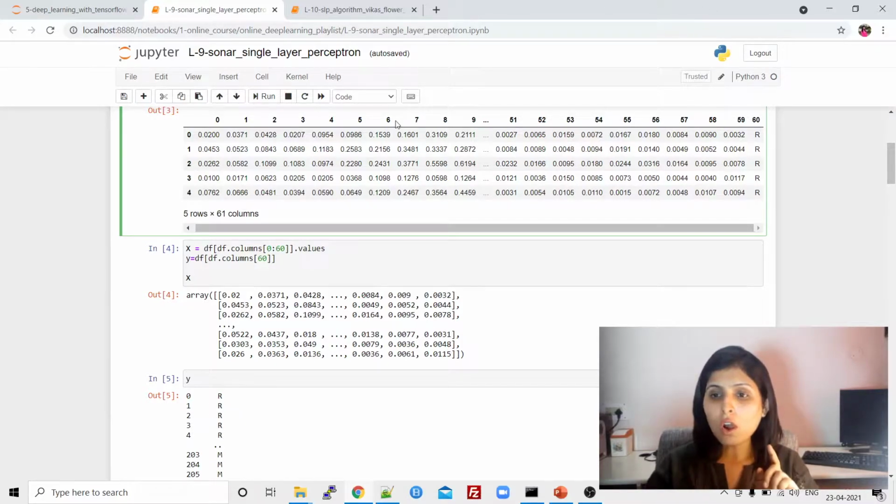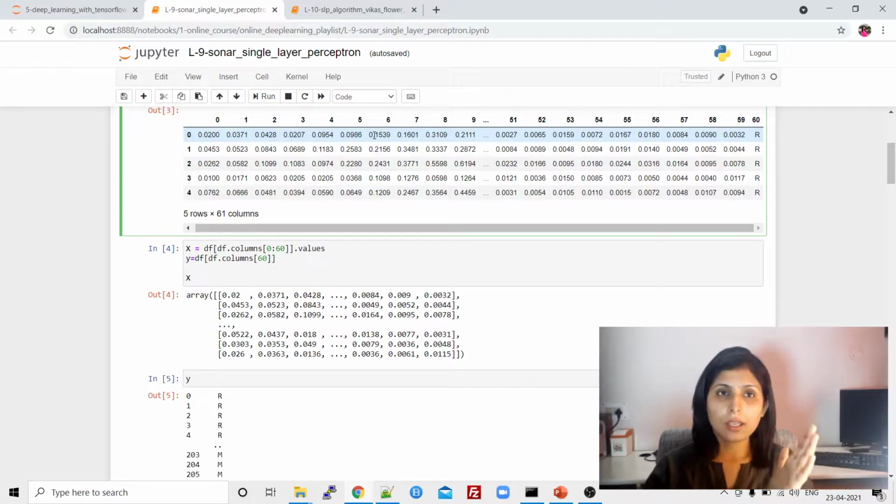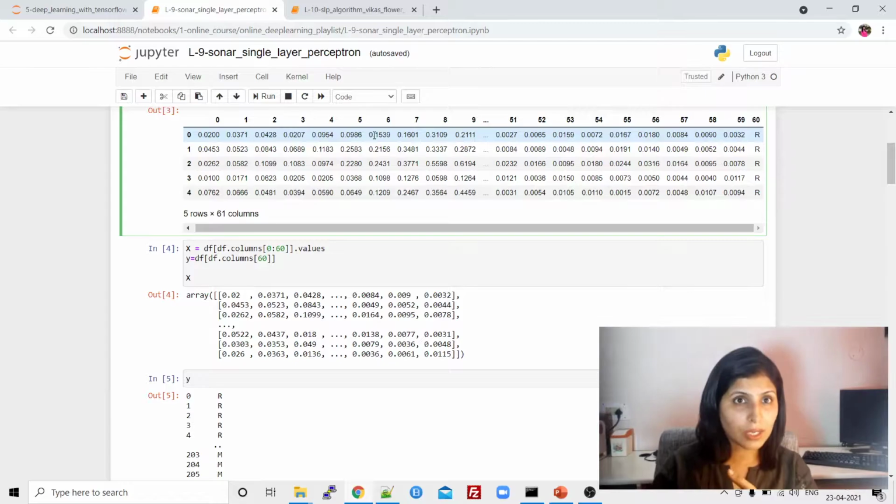Columns 0 to 59. On the basis of these 59 different energy numbers, we have to finally tell whether that signal is getting towards mine or rock.